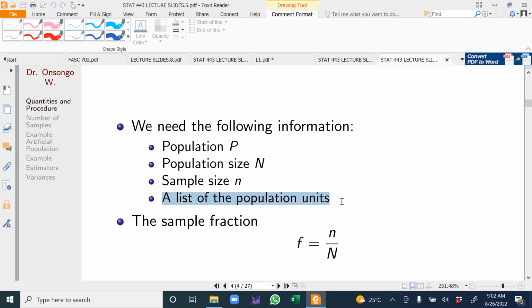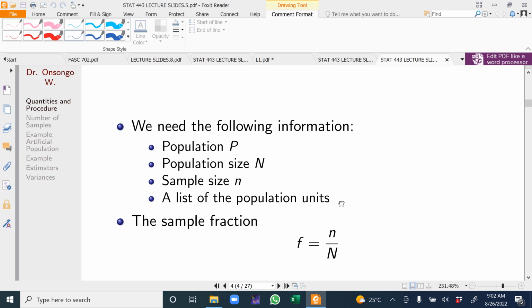This chronological order is going to be determined by what you intend to achieve. So suppose the chronological order is from smallest to largest. Then once you have arranged your population units in that order of smallest to largest, you can now start